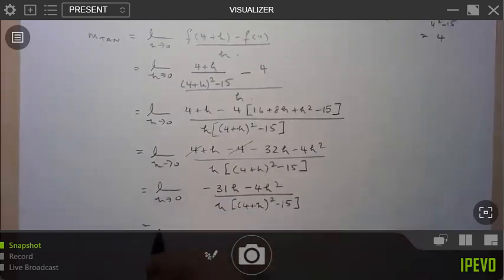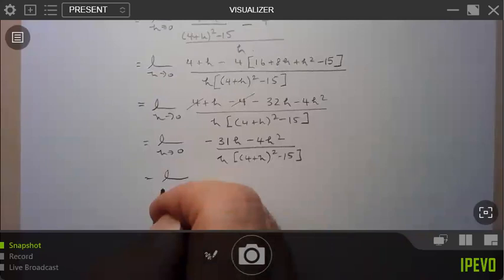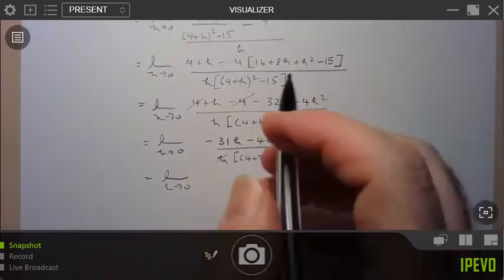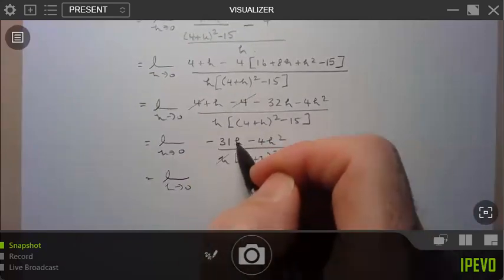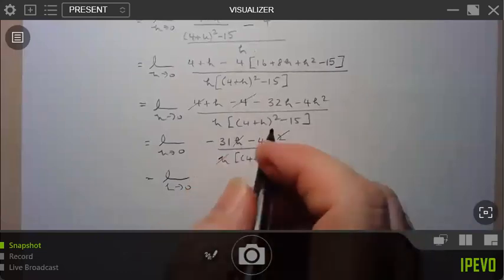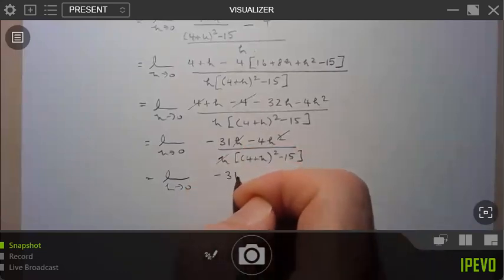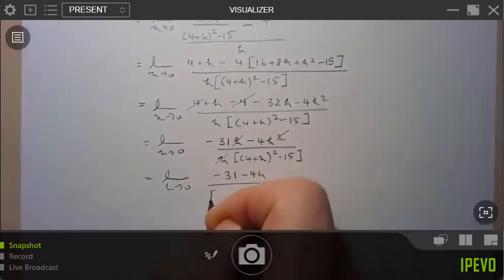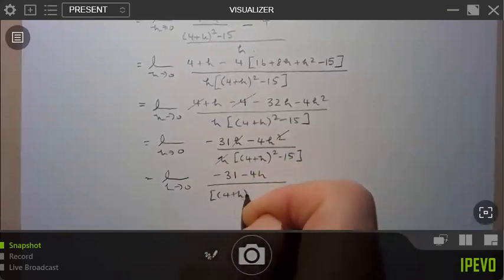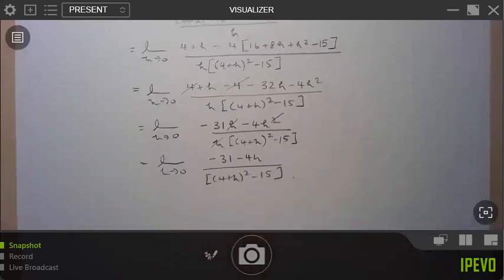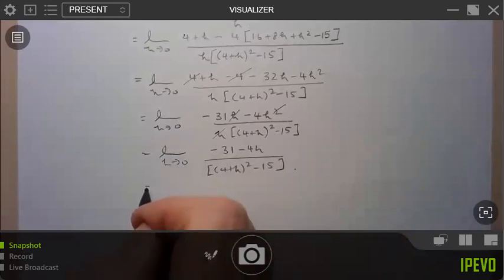And now, again, I'm going to feel confident enough here to see that this h is going to cancel out. So I'm factoring out an h, so one here and one there. So what are we left with? I'm left with, in the numerator, negative 31 minus 4h all over this whole thing, 4 plus h squared minus 15. Okay, so as long as I didn't make any silly errors here, we can now